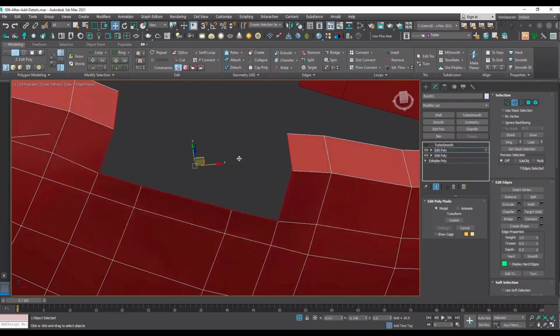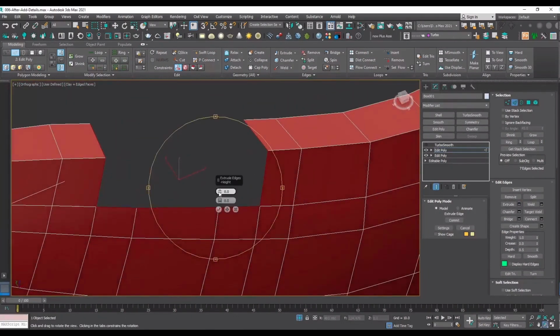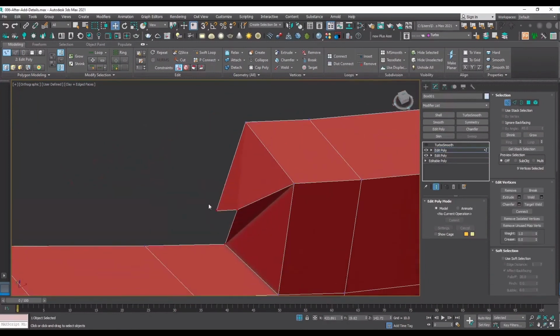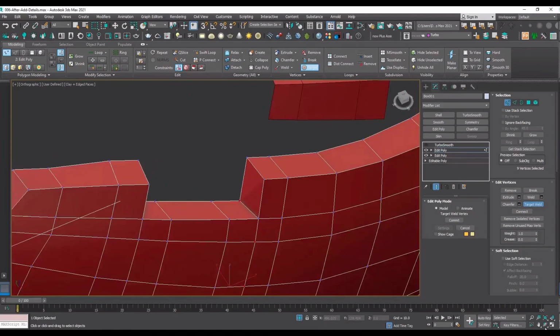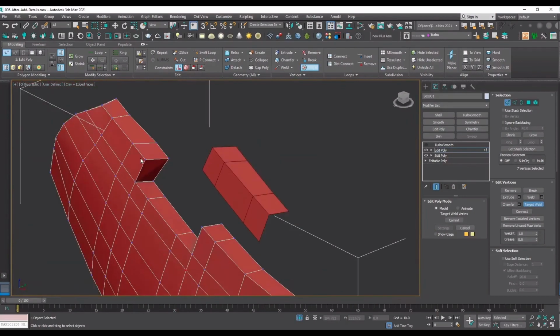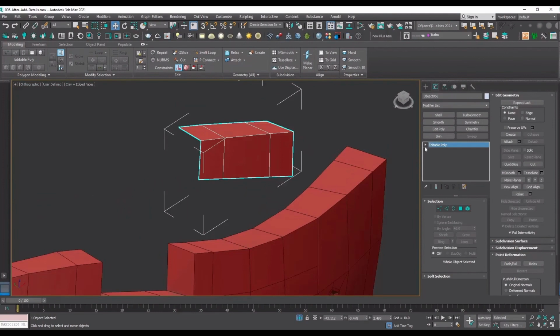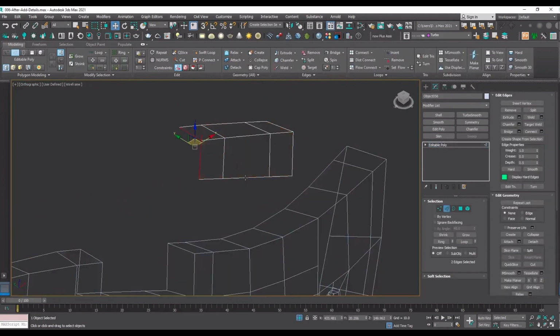So let me select again the extrude operation, like this, to create the platform that I talked about. Now you see there are some vertices to be target welded on top so that we have one clear face. Exactly, I do the same thing here and connect the two vertices to the top, and then I have to repeat exactly the same process